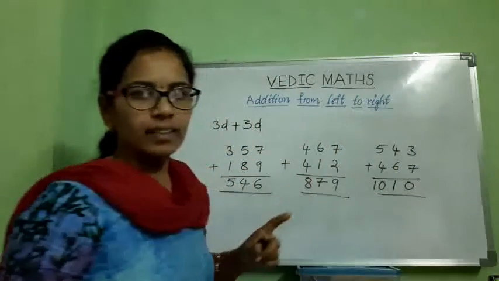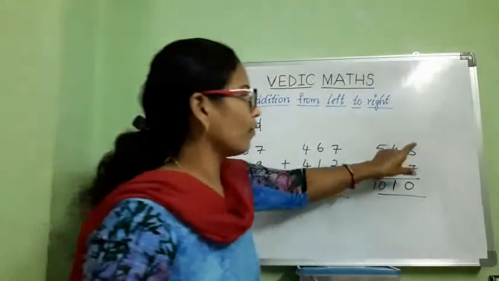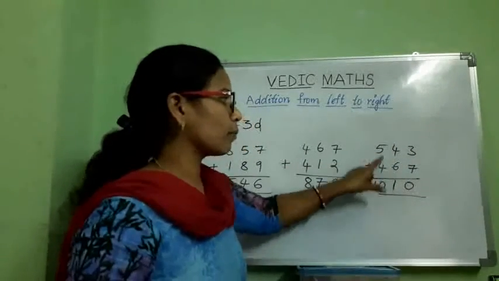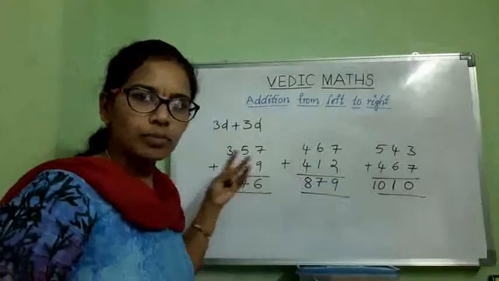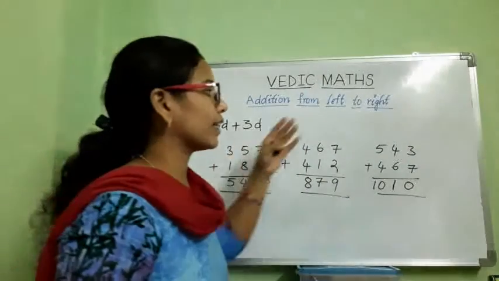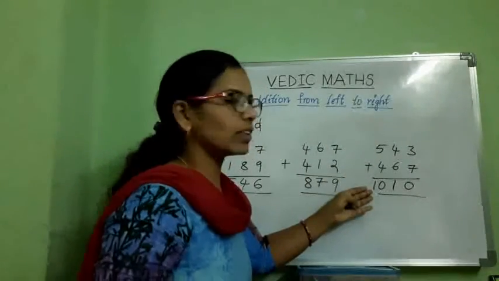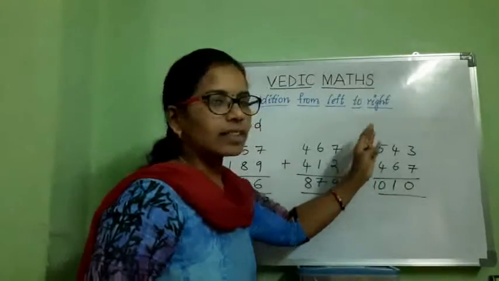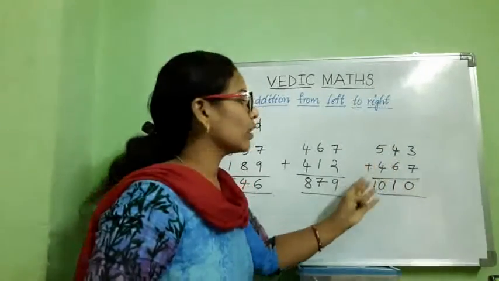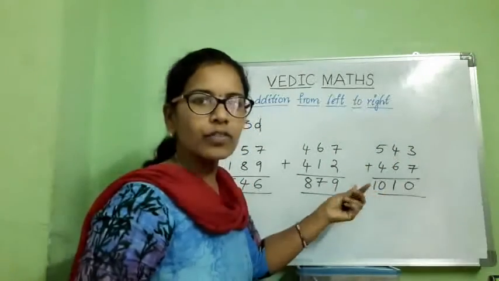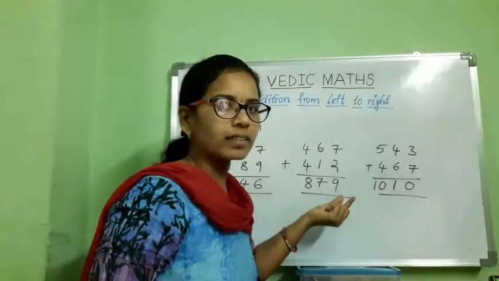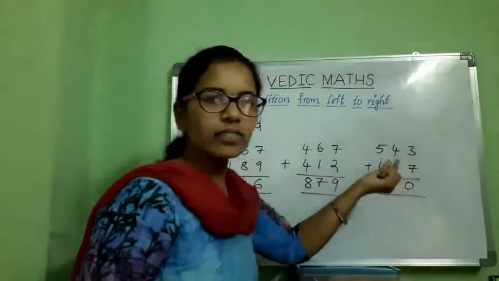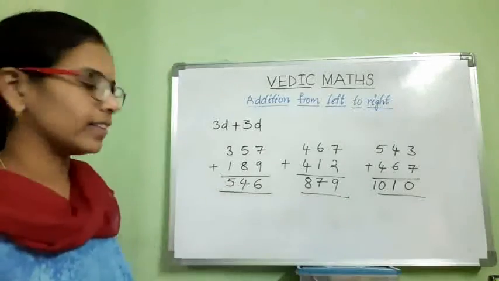Here, remember this. For the ones and tens, we have to write the end digits. But for the lastmost digits, we have to write the total sum here. Okay? The sum is here 9 actually. Yes, the next numbers are carry. So 9 became 10. So we have to write 10 total number. Total sum we have to write. But for the ones and tens, we have to write only the end digits.